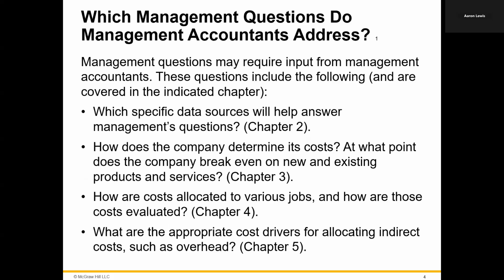That's just a few questions. I mean, it's just a few things that you want to look to answer. The amount of questions that a management accountant has to answer over a period of time is a very, very long list. And throughout this course, you're going to answer a whole bunch of questions like, what data do we need to help us make the best decision to make a recommendation to management?